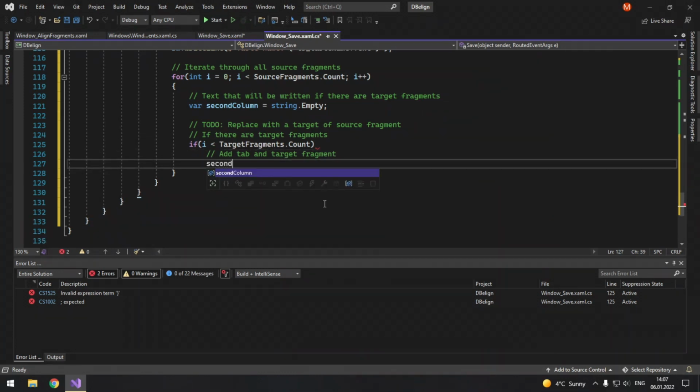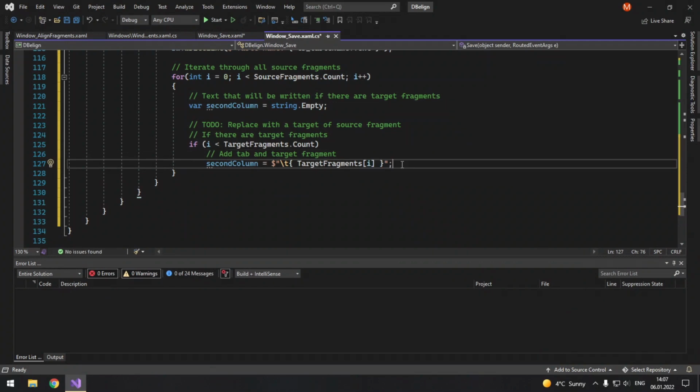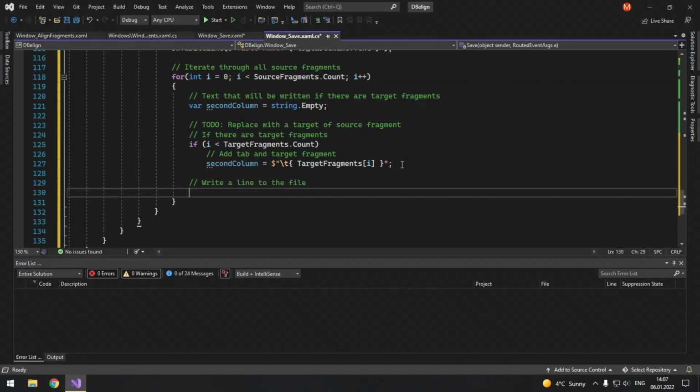So second column equals dollar, first goes tab, and then target fragments I. Okay, after that we write a line to the file. So stream writer dot writeLine.